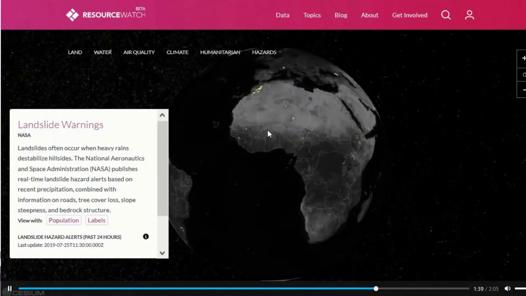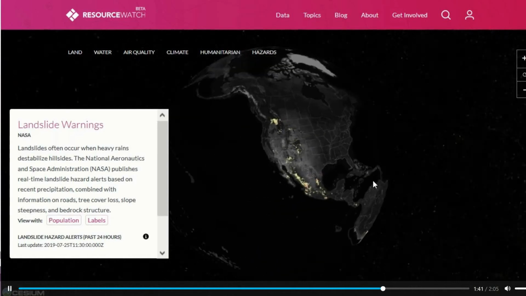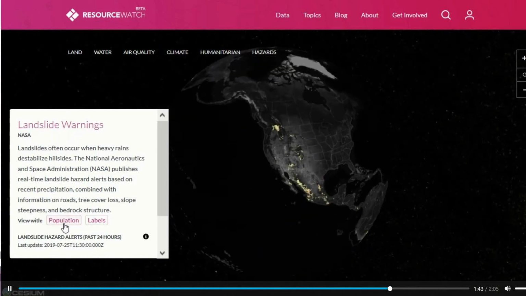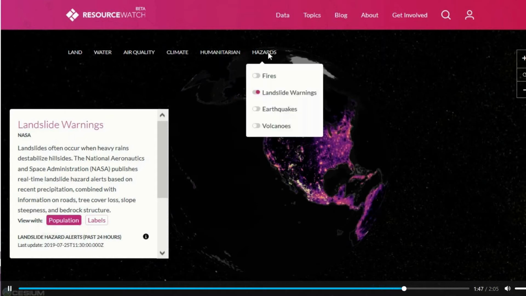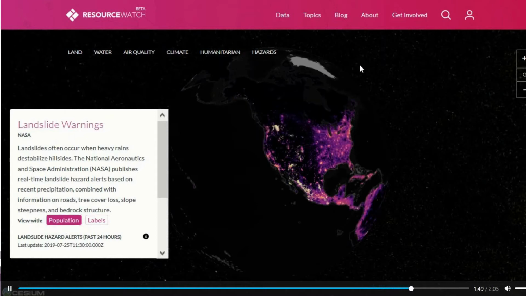And you can scroll around to see whatever area you're interested in. Or you could add contextual layers like population information to see who might be impacted by this. And this landslide warning data set is updated every 30 minutes, and all the data sets on here are updated in near real time. So this is really meant to give you a good idea of what the current pulse of the planet is.